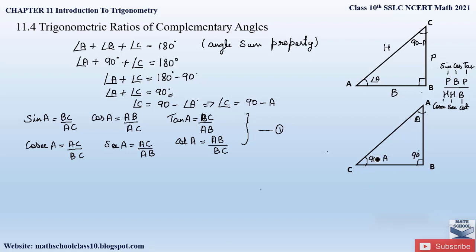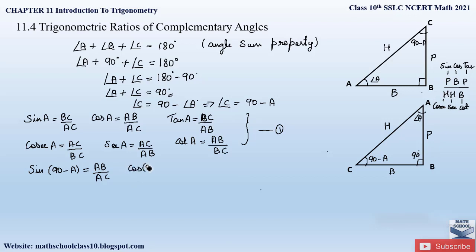Okay, so now let us apply the trigonometric functions to this triangle ABC. So what will be our sine? So again, our perpendicular is AB, base is BC, and AC is our hypotenuse. So our first trigonometric function is sine 90 minus A. We are taking sine 90 minus A because we are considering angle C as our acute angle now, right? So sine 90 minus A will be equal to perpendicular by hypotenuse, which is AB by AC.